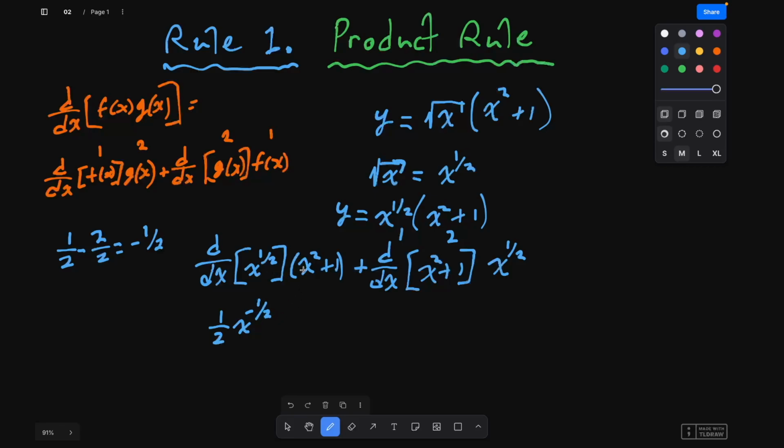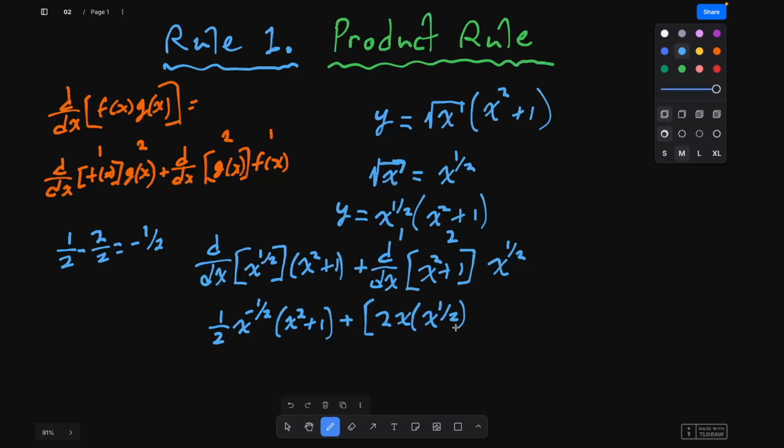And that's multiplied by this x squared plus 1. Then we have plus the derivative of x squared plus 1. That's just going to be 2x. I'm going to open a bracket here so that we know we're adding this whole piece to the other half. So 2x times x to the